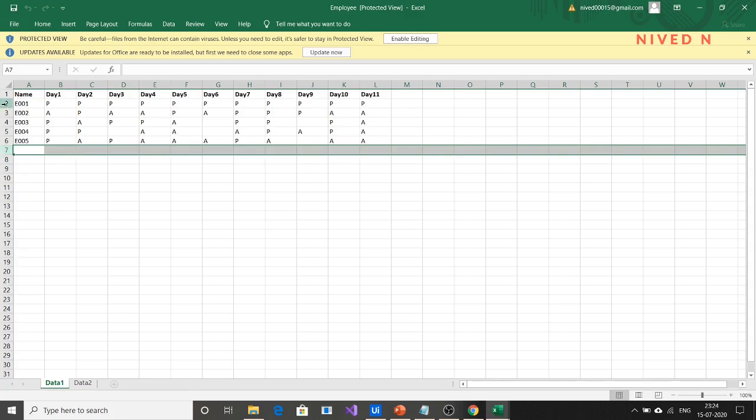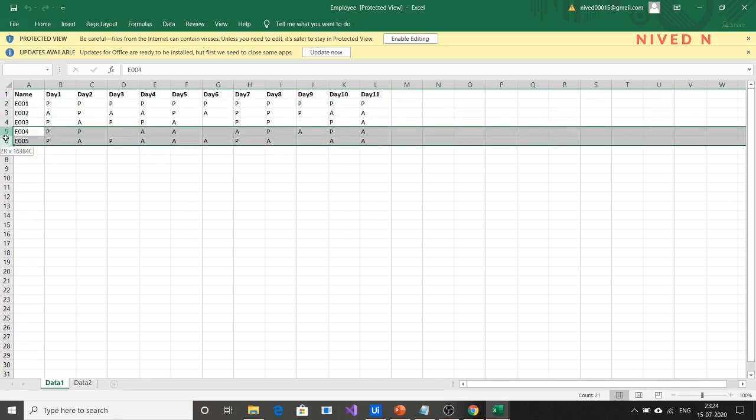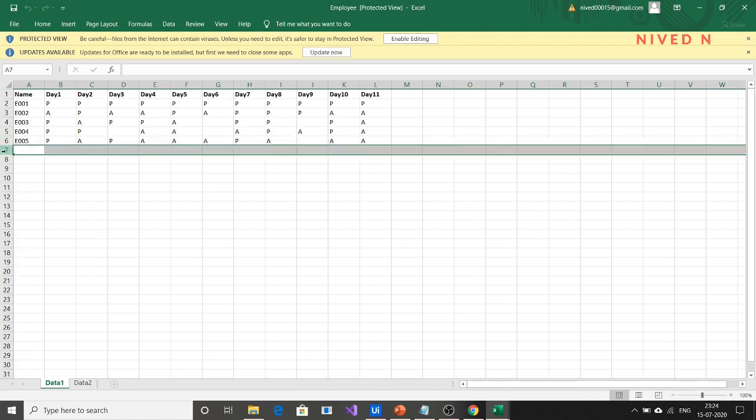For example, this is the first transaction, this is the second, third, fourth, fifth, and if it goes to the sixth transaction, there should be no data here, which indicates that the transaction item is nothing. So we have to specify the condition in that way.